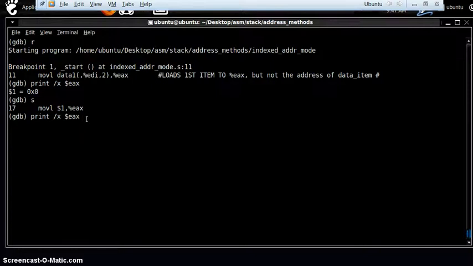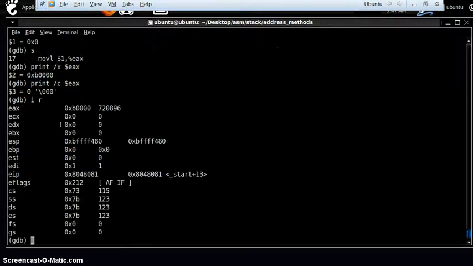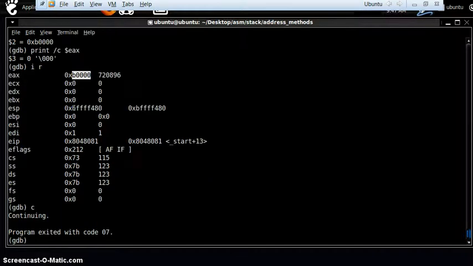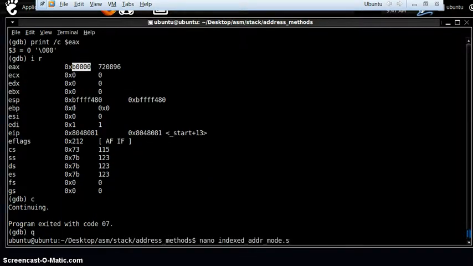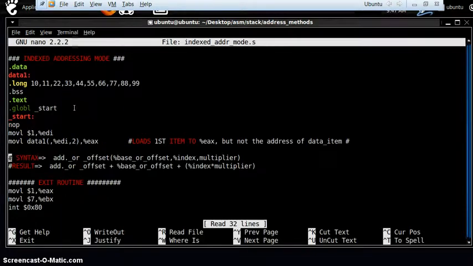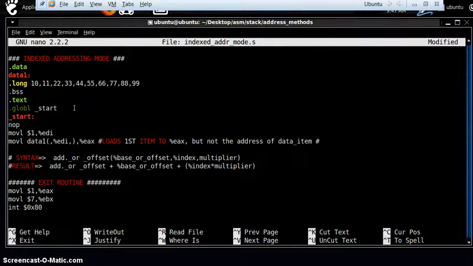Let's check this now. Look, it's definitely some junk value which we cannot make out why it has come. B0000. Now you can work out with the calculator what this value should be in ASCII or decimal. Okay, so let's correct it back.